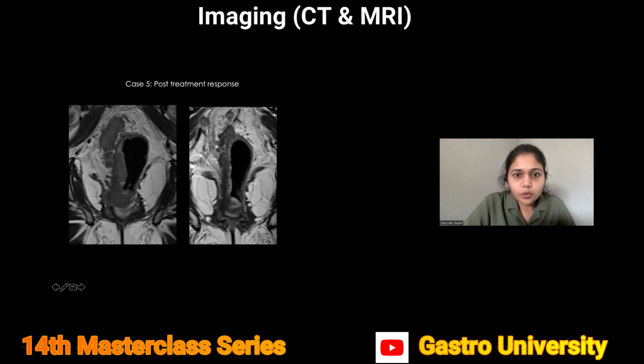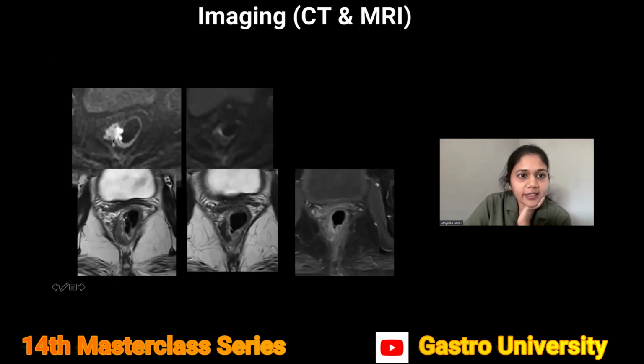This is how it looks post-treatment: the tumor has shrunken. There was likelihood of EMVI or large tumor deposits, but these were also shrunken. So this is the diffusion scan. This hyperintensity has shrunken to a minimal amount of this. This is how the tumor was initially, now shrunken to a dark signal corresponding to fibrosis. This could be considered as a split scar sign as well.